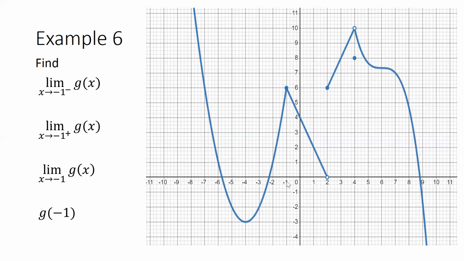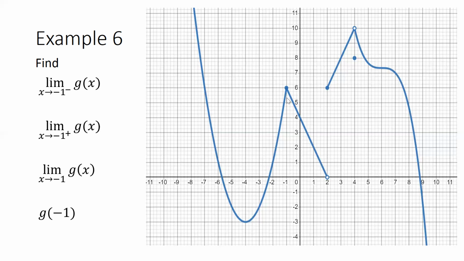The nice thing about that point there is that when you plug in -1 into the function, the closed circle, or the point that we get, is the point -1, 6. So g of -1 is also 6. In other words, the answer to all of these is 6,